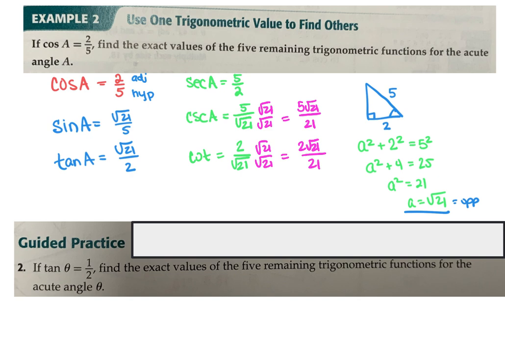All right, so go ahead and try guided practice 2. Given the information that they have here, solve for the other 5. After that, you find the